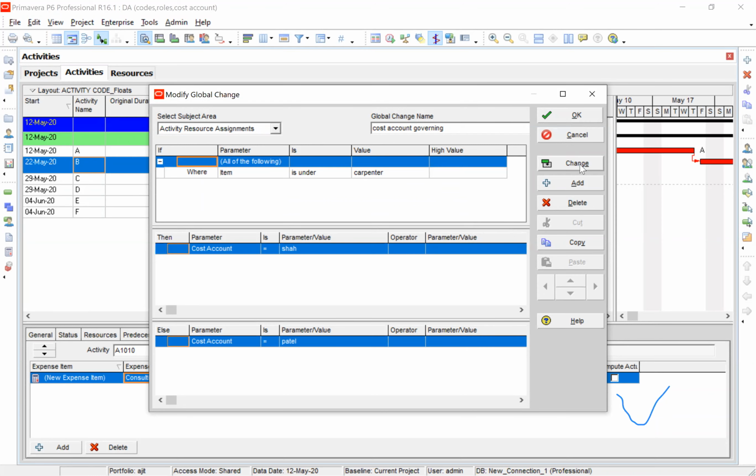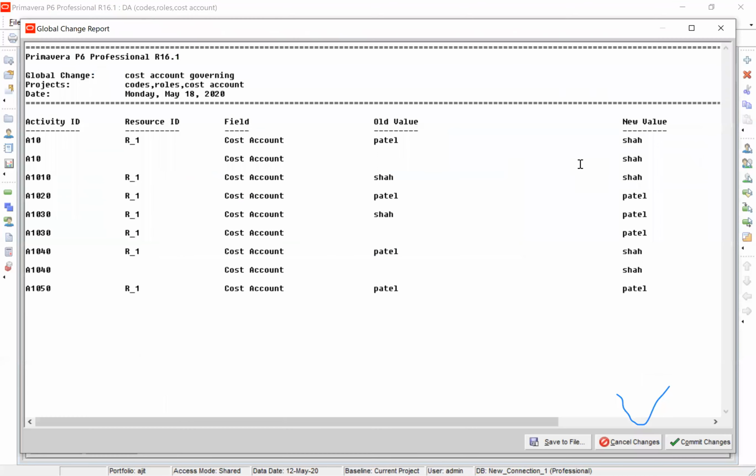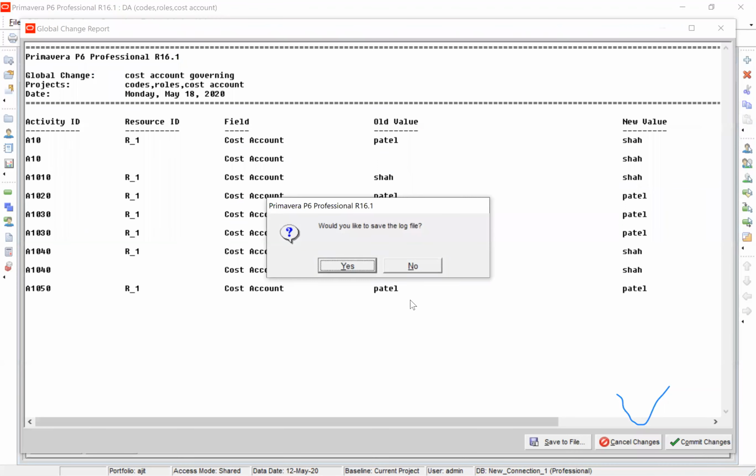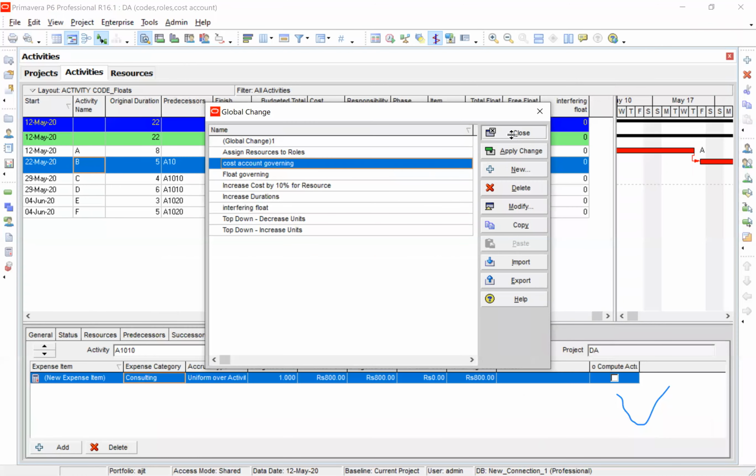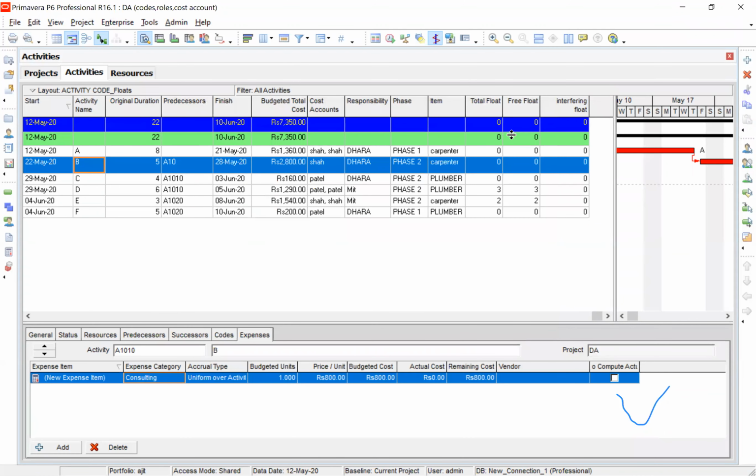Now I'm applying the change, and you'll see that where it was Patel, now it becomes SA. Where it was SA, it remains SA. I say commit changes, and you can see the accountant will be changed in the data item with the global change.